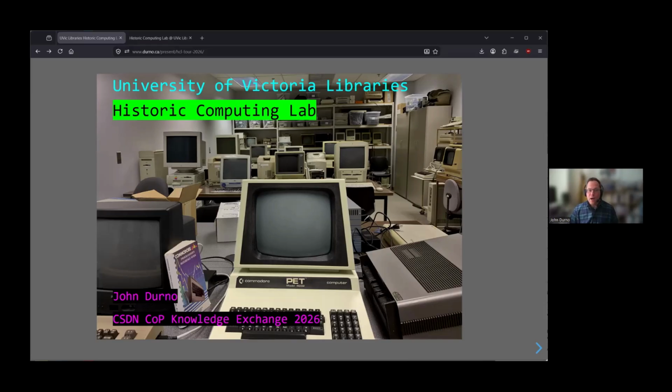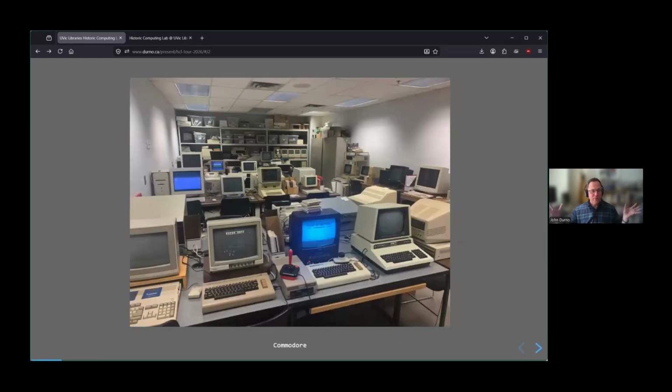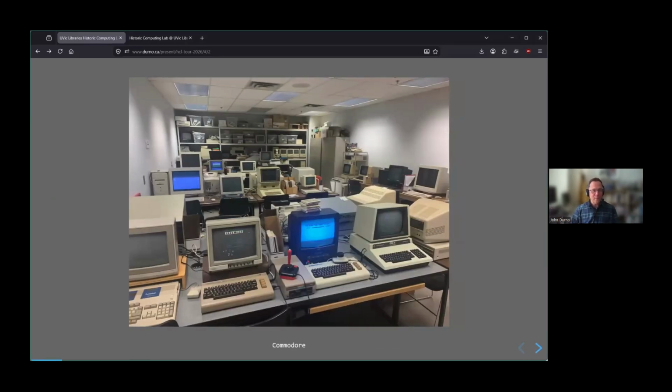So I hope that it meets with everybody's expectations as to what you might want to see in a session like this. So we'll just get launched right into the tour part. If you were to come into the front door of the library into this windowless room in the basement,